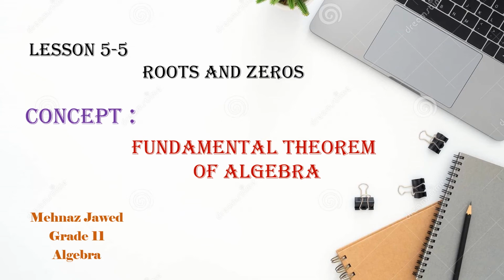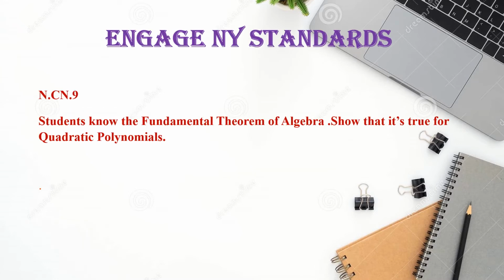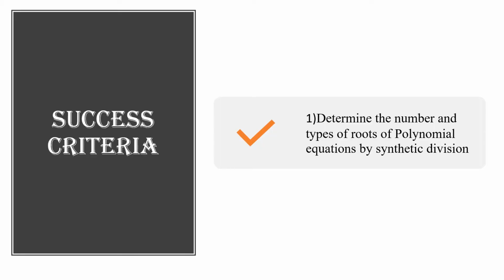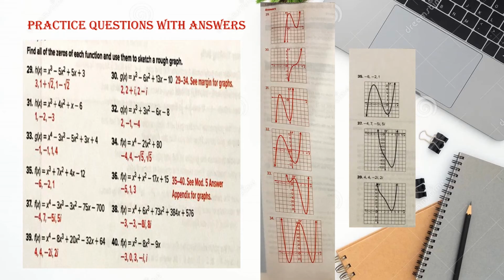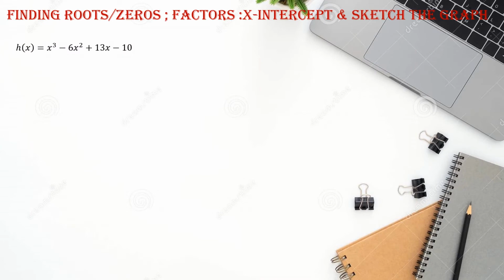Okay, in this video, I'm going to explain how to find the roots, zeros, or the factors by using the synthetic division. Let's solve one example in which the polynomial function is given as h of x equals x cubed minus 6x squared plus 13x minus 10. Now here, the first thing is that you can assume any number like 1, 2,